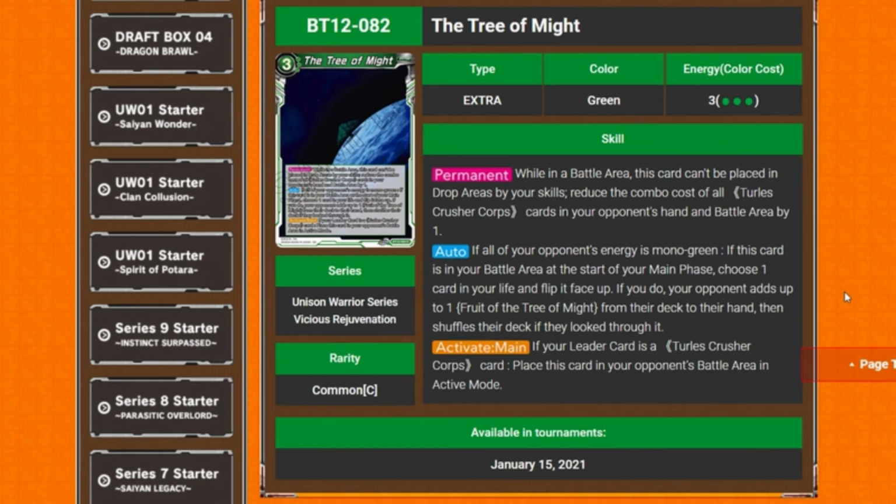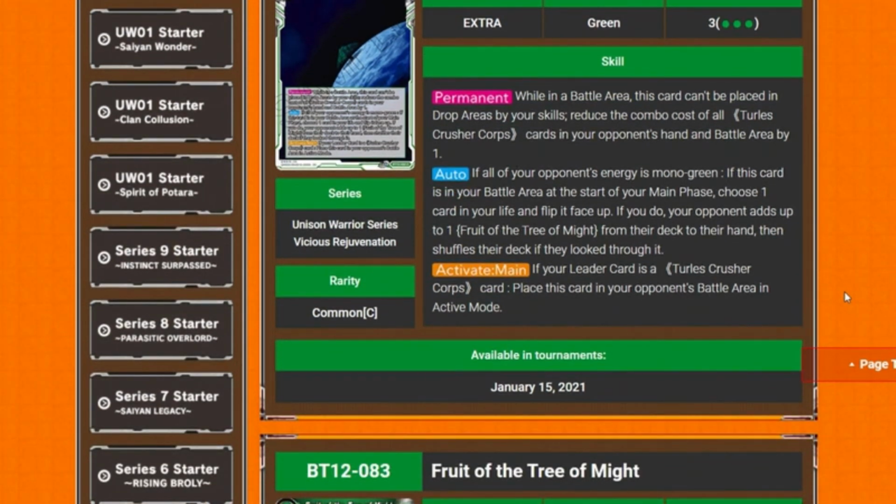My only thought is like, if your opponent starts with a field, how does that work? Doesn't Turles do the same thing, but it puts it in your opponent's field? Yeah, that's what I mean. But then say they're playing like Baby or Android 21, where they get a field. Especially if it's a field that can't go anywhere because of its own permanence. Then what happens? See, I don't know what the...